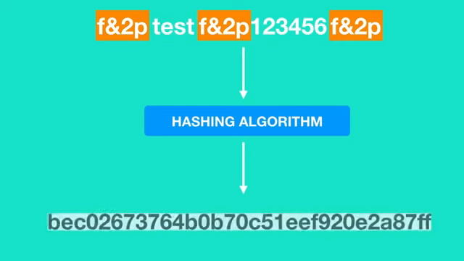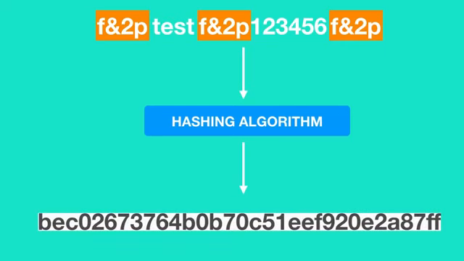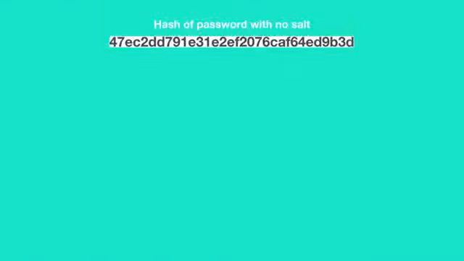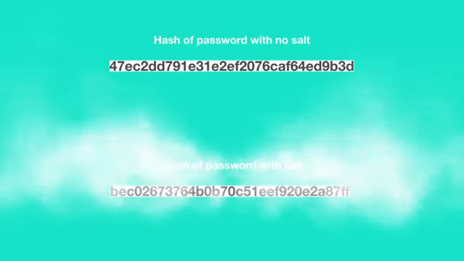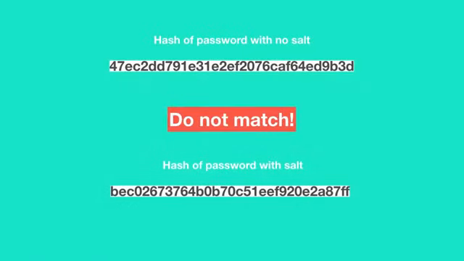After salting the password, the salted password is then hashed by a hashing algorithm. So, when a salt is used, rainbow tables are of no use, even if the password to be cracked is a weak and commonly used password, because the hash of the password without salting does not match the hash of the password which is salted. Also, brute force attacks and dictionary attacks are not effective to crack salted passwords, unless the hacker already knows the salting algorithm employed by a company.